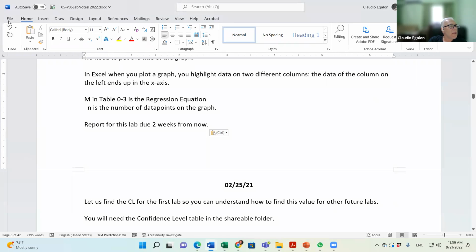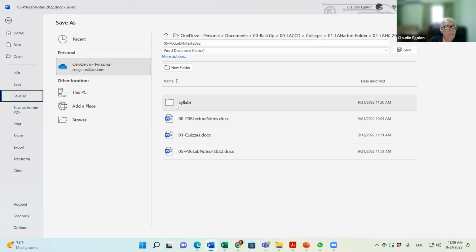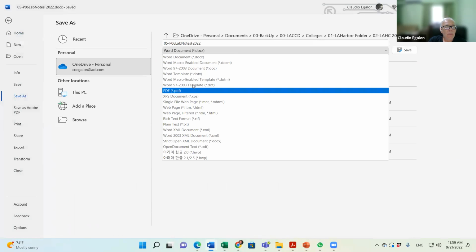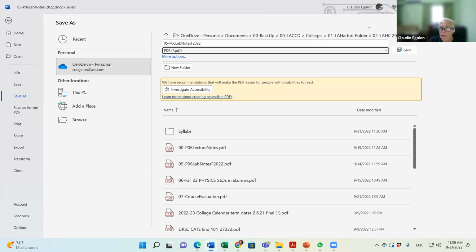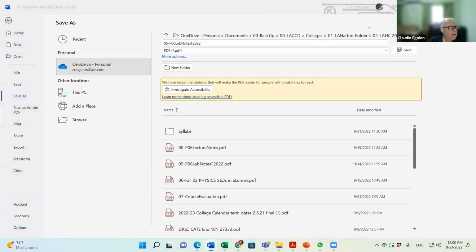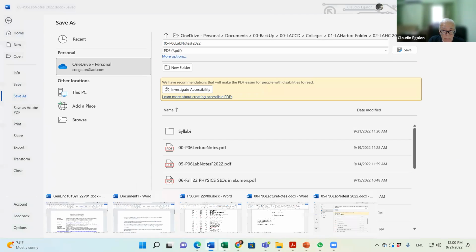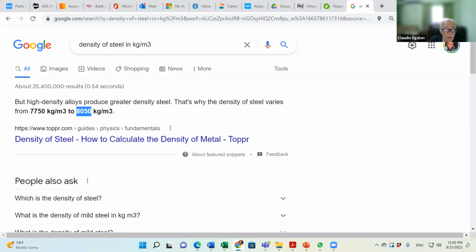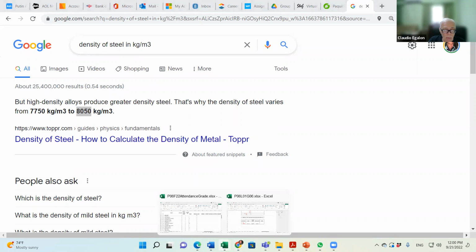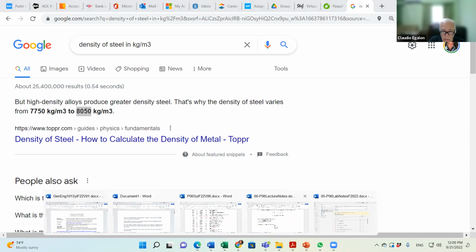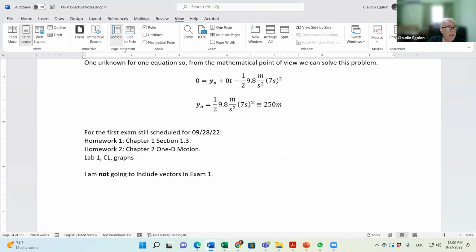We'll save it as a PDF. Is it one lab report? Yeah, one lab report per group, Janet. One lab report per group. And at this point in time, just turn in the spreadsheet, okay? Only the spreadsheet. Next time I will ask you more than that. This time,